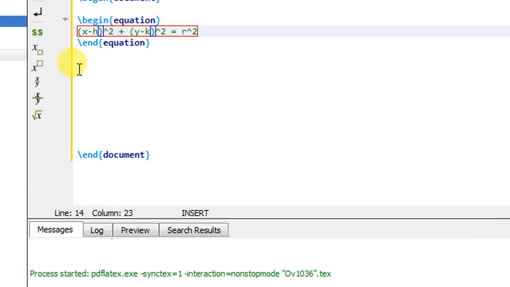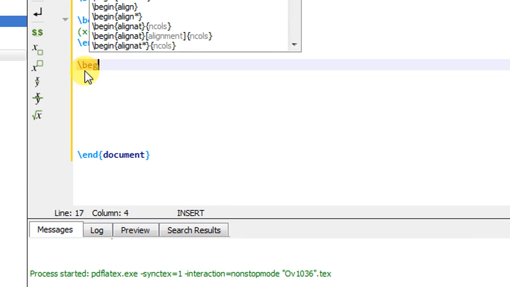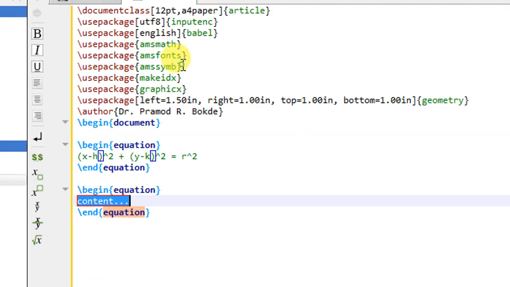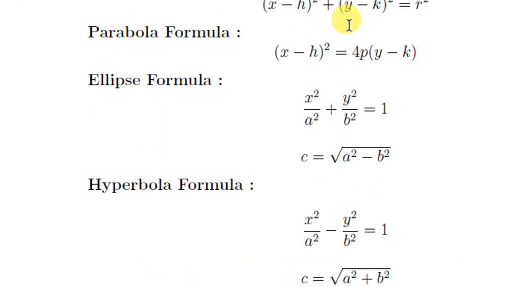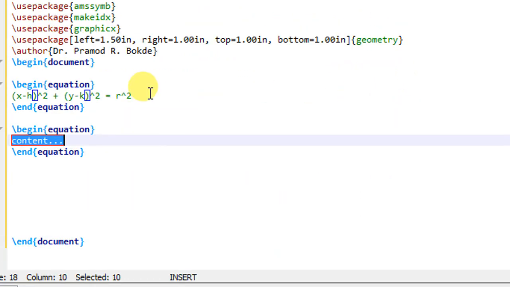Again I will write backslash begin equation, so again it will create the environment. Now what is the formula here? x minus h square is equals to 4p into y minus k. Here in bracket it is x minus h, and outside the bracket we have the square.